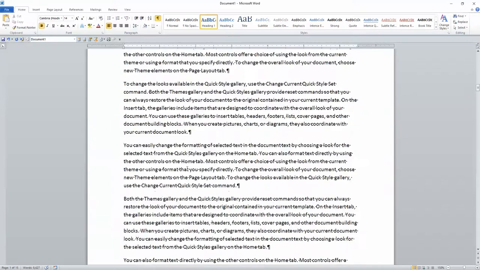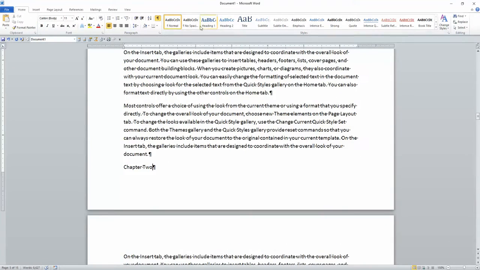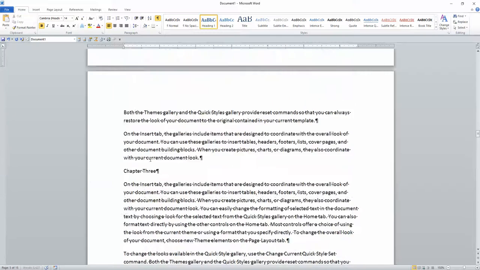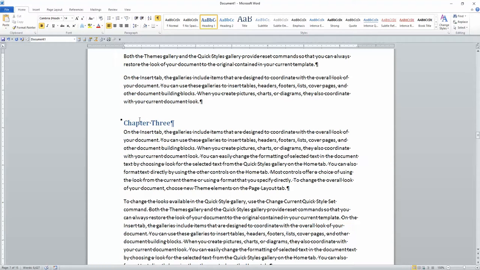If I go down and find chapter 2, I can make that a heading 1 as well. And for this purpose, I'm going to have all of my chapters heading 1. Another shortcut is to do Control-Alt-1, and that automatically assigns that text to the heading style 1. We'll talk more about other heading styles and other styles as well, but for now, let's just stick with the